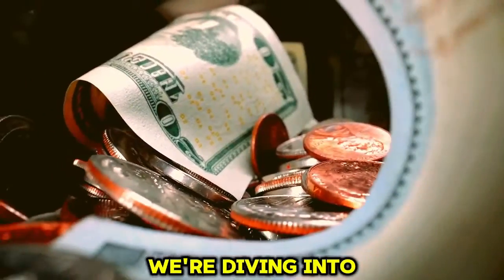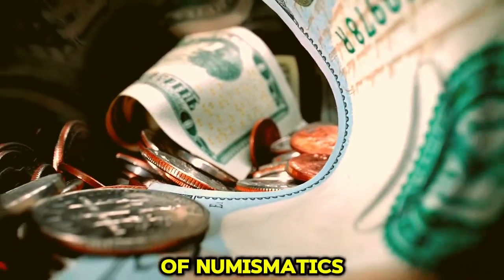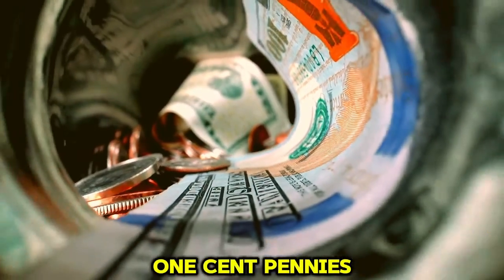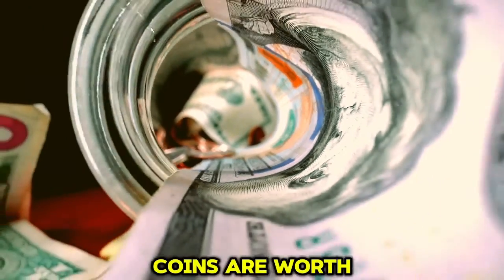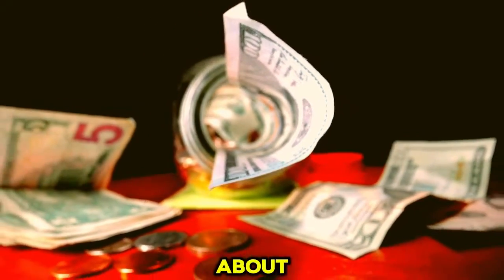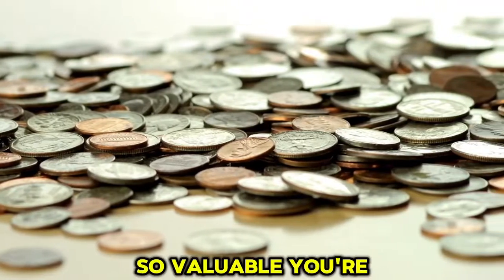Today, we're diving into the fascinating world of numismatics as we explore the top 40 most valuable ultra-rare Lincoln 1-cent pennies. Some of these coins are worth millions of dollars. If you're a coin collector or just curious about what makes these little pieces of history so valuable, you're in